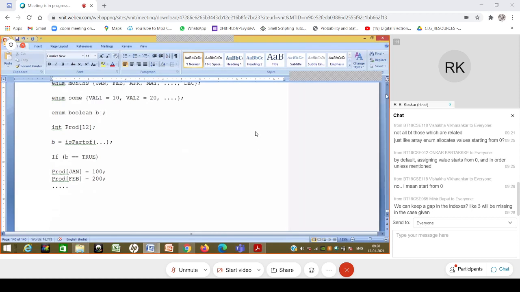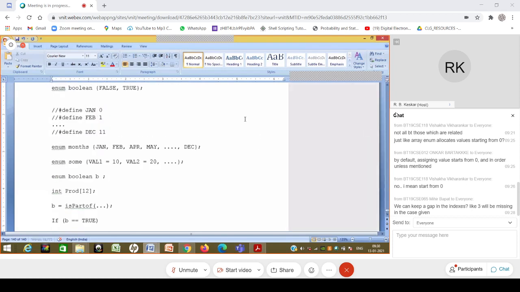Okay. So what has happened, just like in the case of structure, it remembered that this is a tag, and for that tag these two values false and true are taken. And then by doing enum boolean b, what you are essentially saying is b can take the two values, either false or true. So you have defined this enum boolean as a type now, and you are also declaring a variable of this type. Okay. So this is possible.